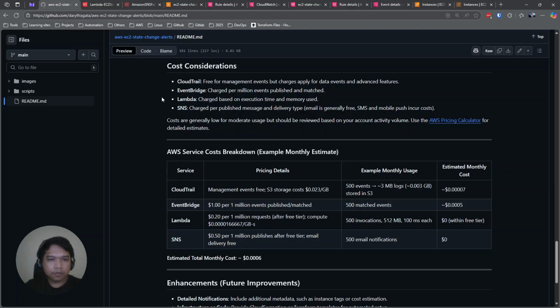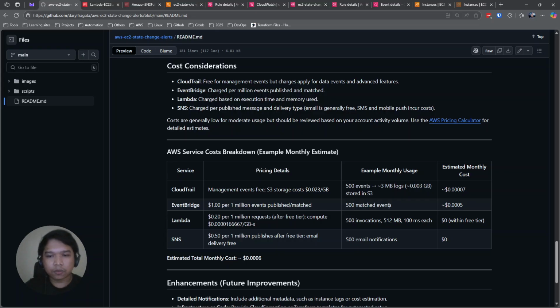And EventBridge. For EventBridge, the charge is per million events published and matched. If we have 1 million events, for example the different kinds of events like start, stop, something like that, and if ever we reach 1 million, it will cost us $1.